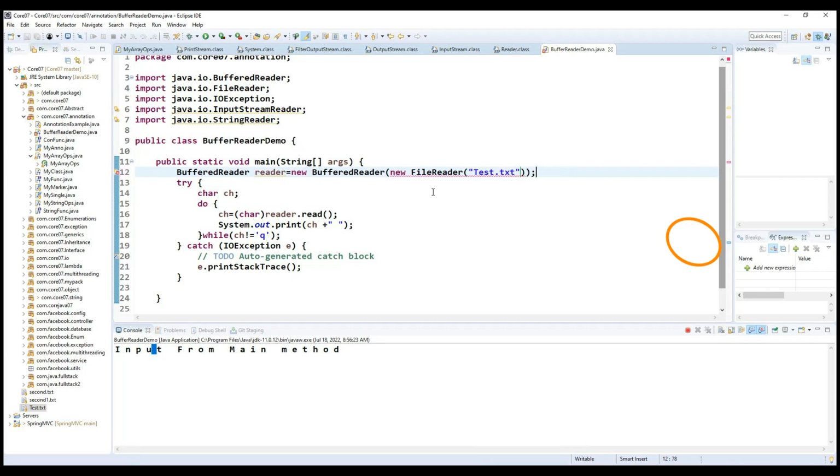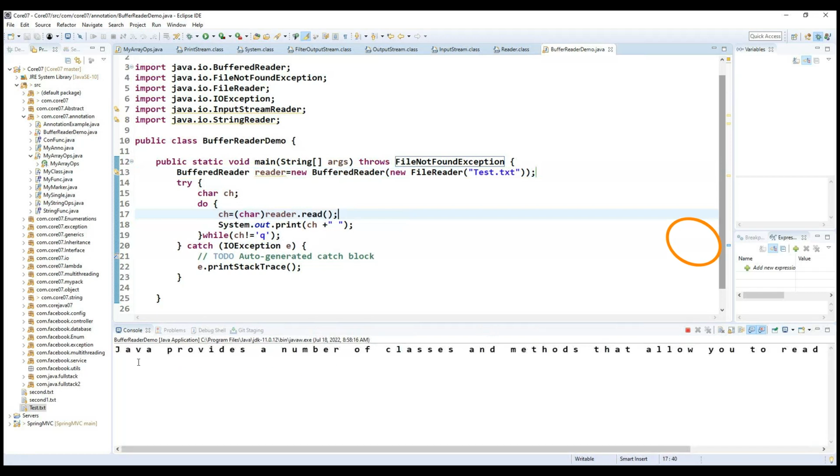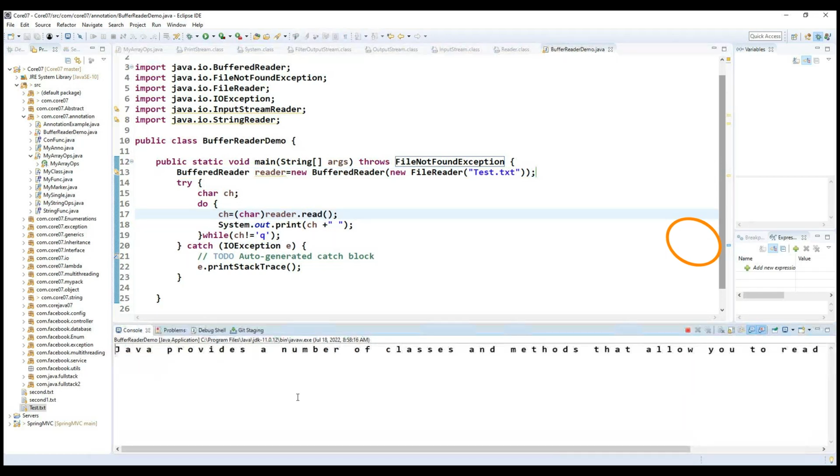Now we are going to get different exceptions here. I'm handling one with the throws, and the other with the catch block. If I run it, now you can see Java